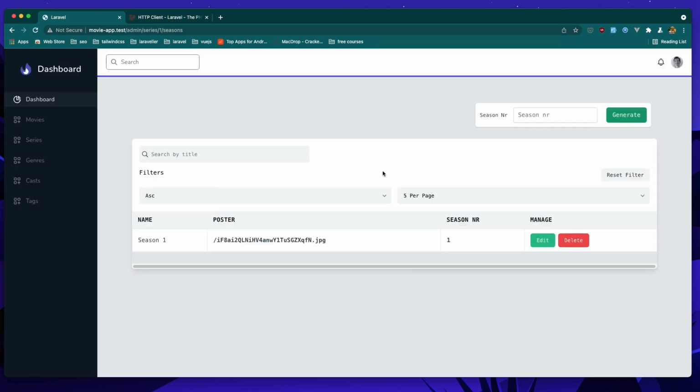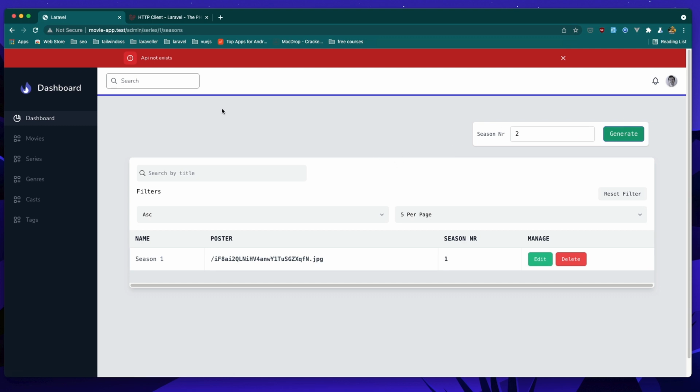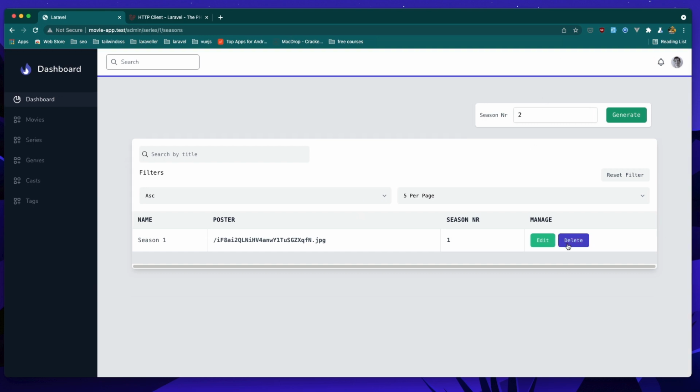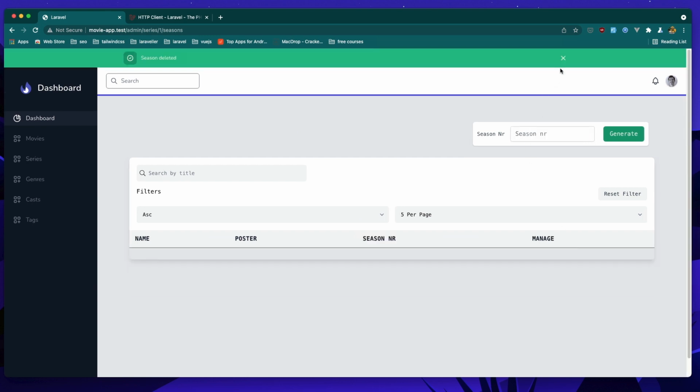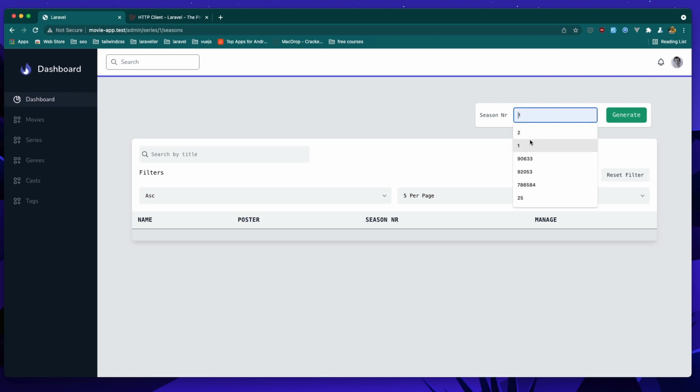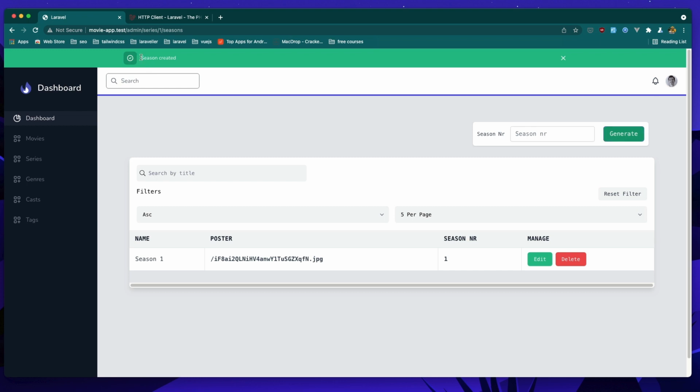refresh. Now we have the season with number ID, season number 1, number 2, click generate, and yeah, we have now API not exist. If I delete this, and yeah, we delete it, and change the season number to 1 and click generate, okay, season created, we generate the season. Now season number 2 generate, and yeah, we have an error,